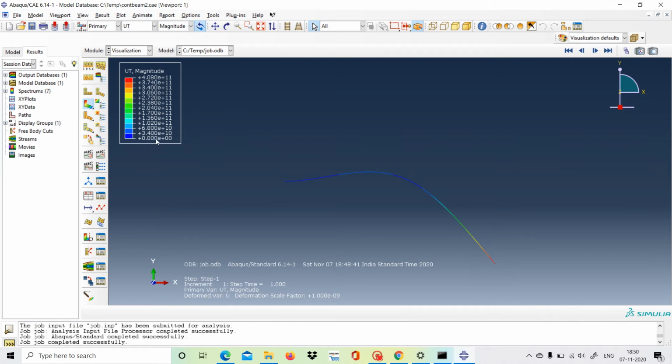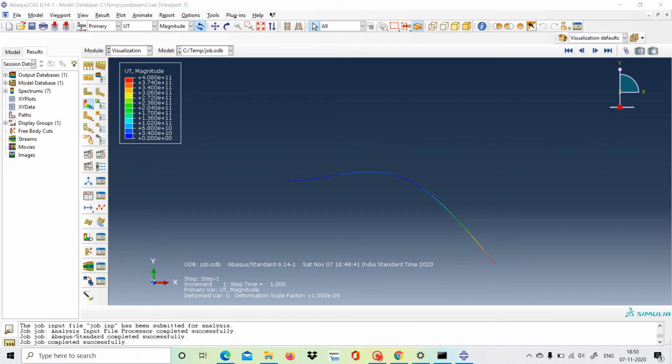And blue is 0, so here at the fixed support it's 0, and again somewhere at the hinge support there would also be 0 displacement. Okay, so this is the result we are getting for the deformed shape of the continuous beam from Abaqus. We can also verify it with MATLAB.